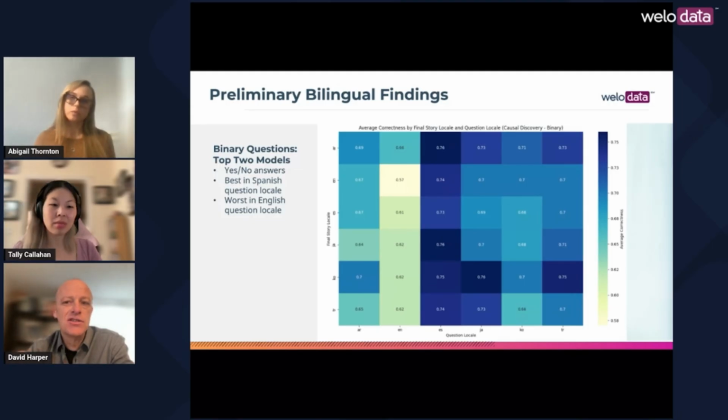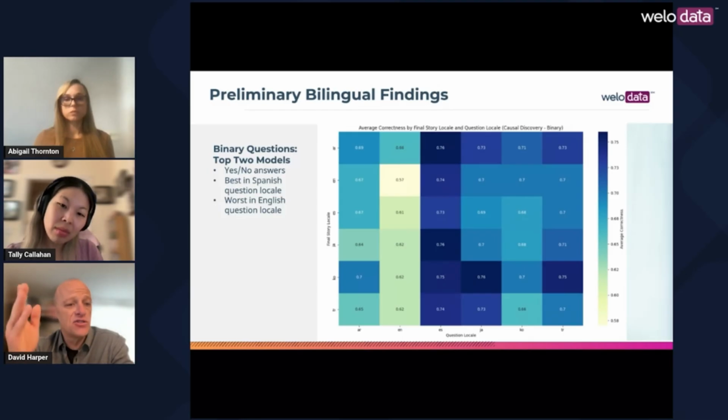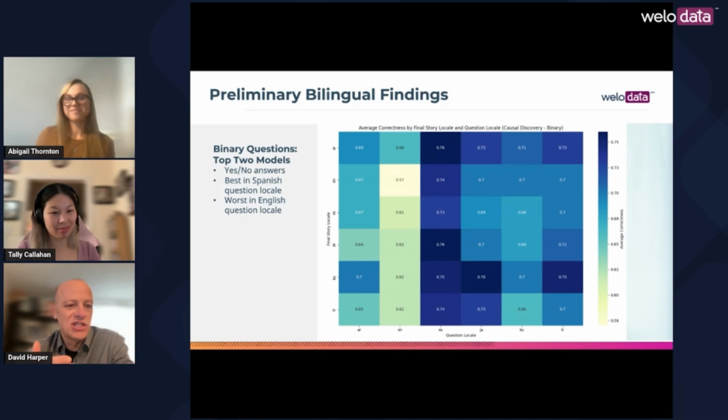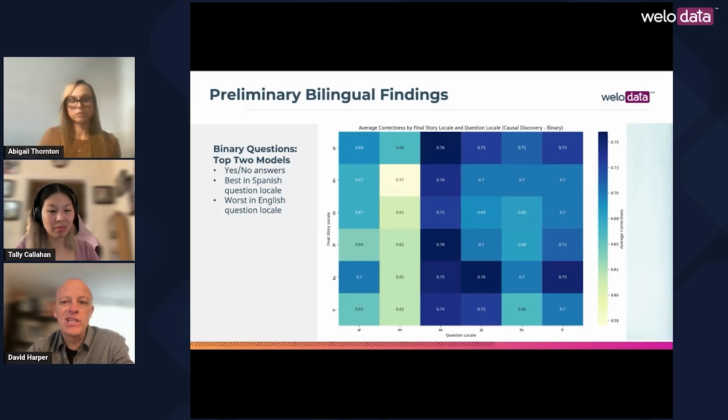Again, this slide looks similar to the last slide in that we see this clustering by question locale. So if you're looking vertically on this heat map. However, again, we see that English performs the worst. And this, again, contradicts what we see in most studies. Usually English, with its vast head start in training data, is going to outperform languages in almost any task. However, here it performs only somewhat better than chance. In fact, the monolingual English, where the story is in English and the question is in English, is the worst performing language combination at just 57% accuracy.